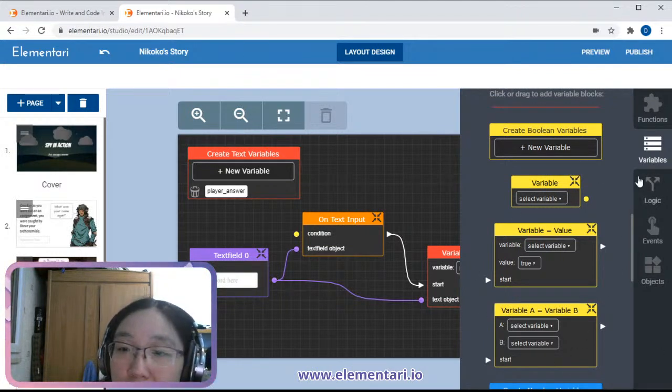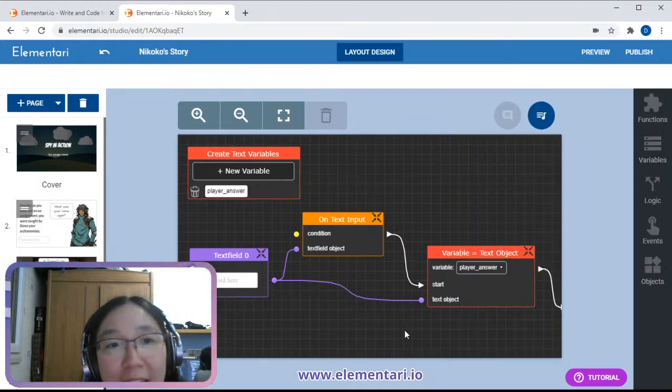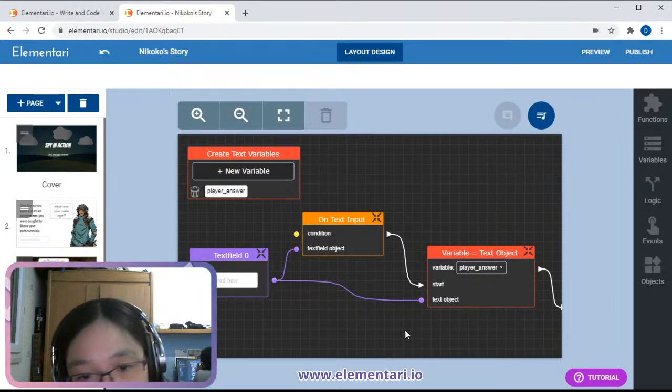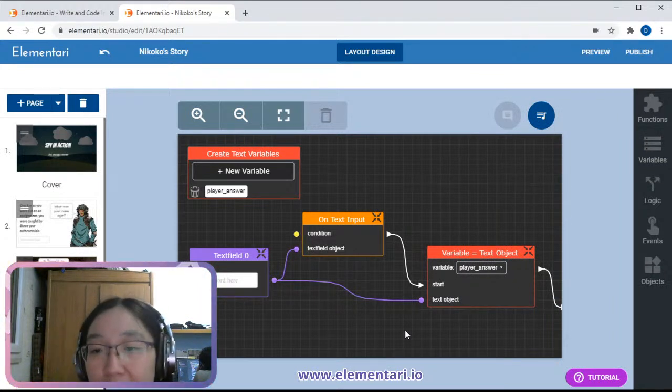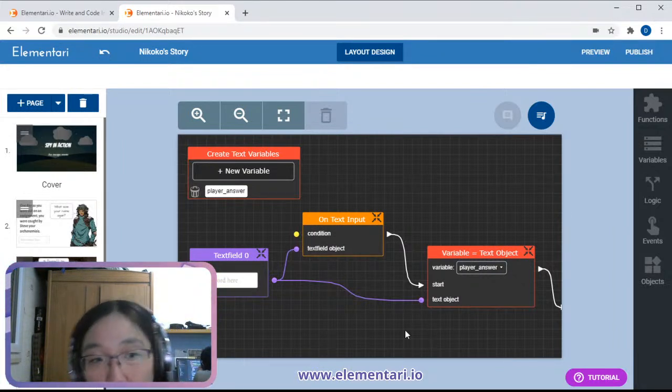So we're going to be using the Boolean variables to indicate things like whether or not you picked up a key on page 2. And if you picked up a key on page 2, then maybe you can open up the chest that's on page 10. Things like that can happen if you understand how Boolean variables work.